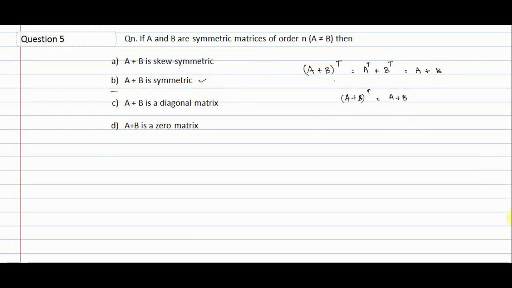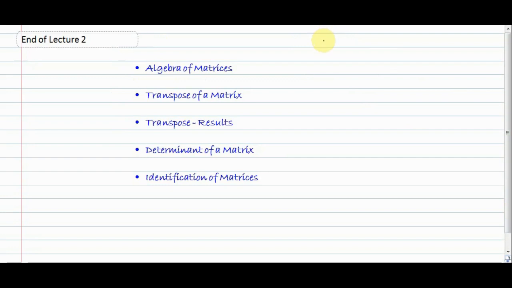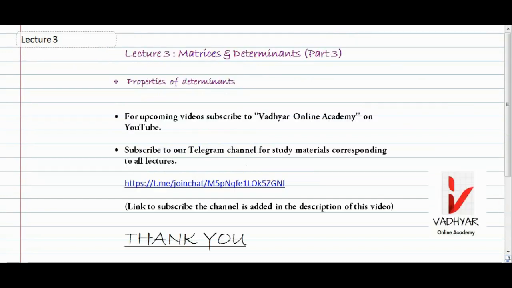Okay. Now with this we are coming to the end of lecture 2. In lecture 2 we discussed algebra of matrices: addition, subtraction and multiplication. Then we discussed the transpose of a matrix, and also a few results related to transpose. Then we discussed the determinant of a matrix, both the 2 by 2 case and the 3 by 3 case. And we discussed one shortcut method to calculate the determinant value of a 3 by 3 matrix. And then we discussed identification of matrices. Okay, in lecture 3, we will discuss properties of determinants,